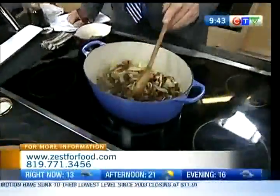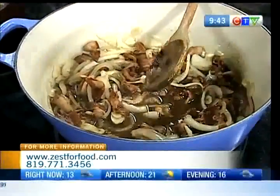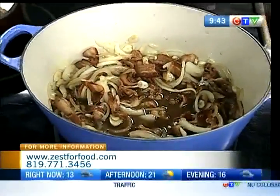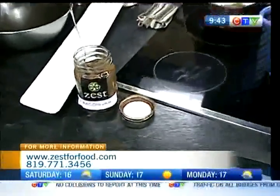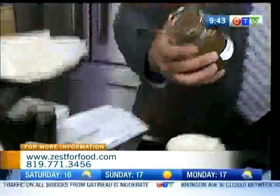What we do is we let that simmer on a low simmer for 2 hours, and after the 2 hours is done, it's pretty much concentrated. And then we let it cool for about 20 minutes, and then we process it in a food processor, and that is what you get right at the end there. This is it. Now, for those people who've never had bacon jam before, what would you...